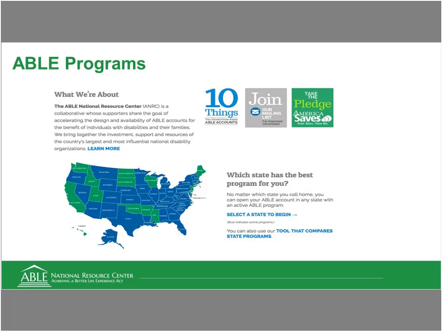I would encourage folks to go to our ABLE National Resource Center website at www.ablenrc.org. That's a quick picture of the front page there, and you'll see that map. Those blue states represent the states that have launched ABLE programs. You can click on any one of those, and it'll give you different characteristics about that particular ABLE program. Over on the right-hand side, you can see in blue where it says tool that compares state programs. You click that, you can pick up to 3 programs to compare side by side